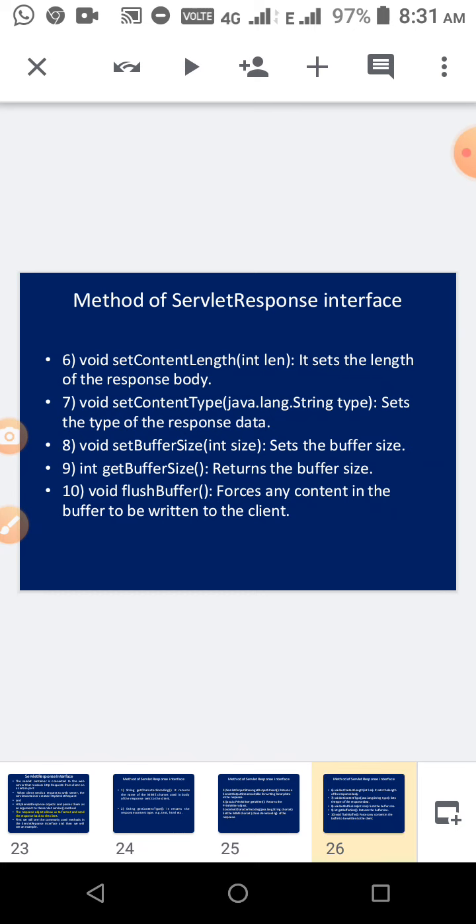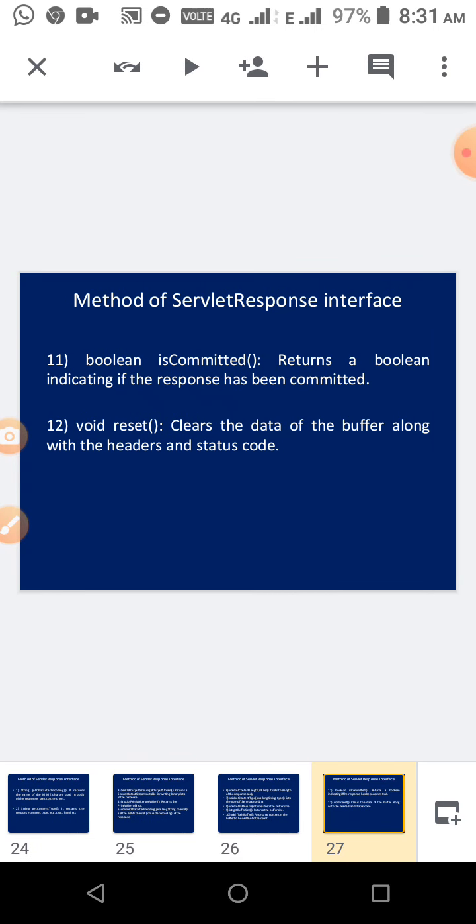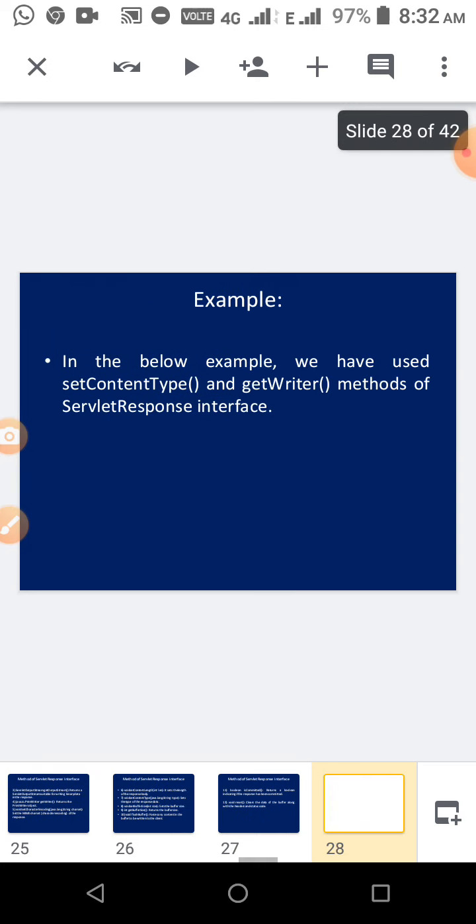These are the methods we are using in the servlet response interface. And then isCommitted is used to return a boolean value indicating if the response is committed or not. And if you want to clear the data, we have to use void reset. So during the response phase, these are the methods we can use.